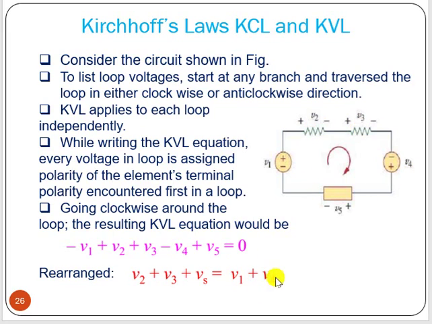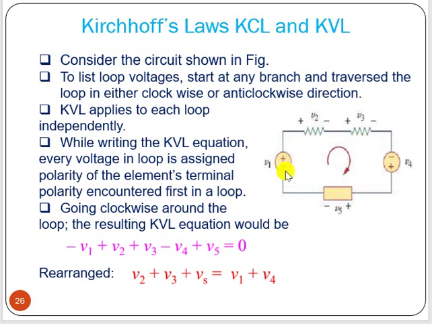That means V1 plus V4 equal to, these three minus terms we can take to the other side. So what we can get, V2 plus V3 plus V5. So both give you the same result. But we have to be conscious, we have to think about which way we have to proceed. That is the main thing.